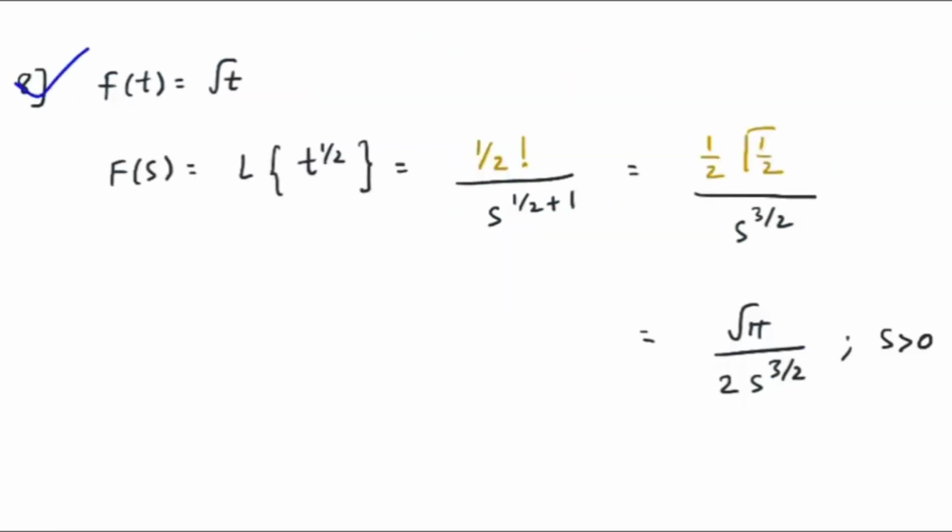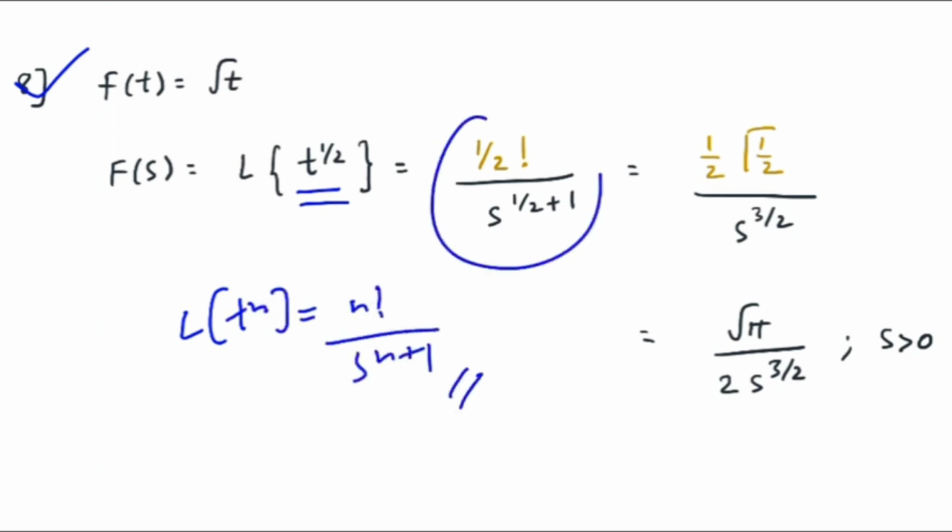Again, we have one more tricky question on algebraic functions. So f of t is given as root t. Now root t is nothing but t raised to half, right? Tell me what is the Laplace of t raised to half. You might use the standard result: Laplace of t raised to n is n factorial upon s raised to n plus 1. And you might say the answer is half factorial upon s raised to half plus 1. But this is not the final answer. Yes, this is the half correct answer, but not the final answer.